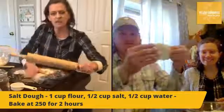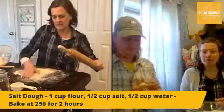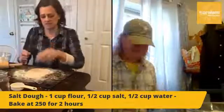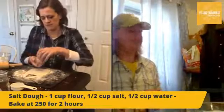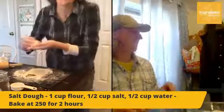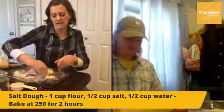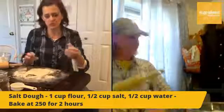Okay, so you just kind of roll it out nice and thin, just like that. And you can go ahead and use your cookie cutter to cut out some shapes. So there I have my bell. If you want to make them into ornaments, make sure you poke a hole on the top to turn them into ornaments. You can also use your fork